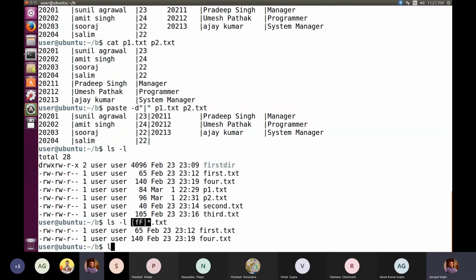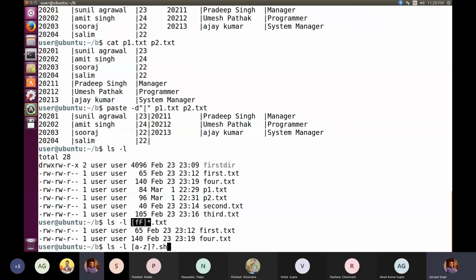Accordingly, if I am writing ls minus l, and then if I write a to z, and then I write star, or maybe I'm writing question mark, and then I'm writing sh. That means I'm interested in displaying all those files which have merely two characters in their names, and the next three characters are .sh. That means the total number of characters is how many?